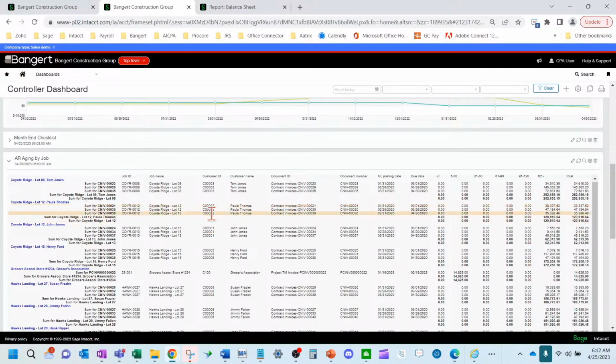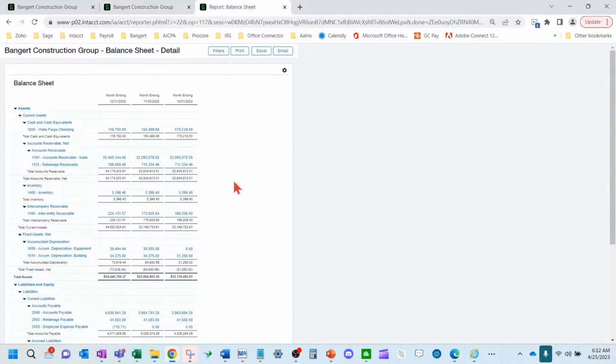But let's say they're in your system and they are looking at your balance sheet and pulling that information. So I've got a sample balance sheet up over here.